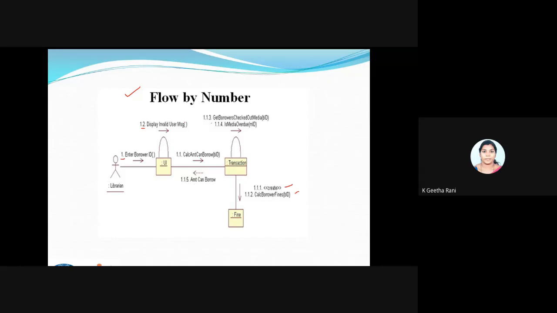1.3 is not there, I think. So 1.13, 1.14. So we have so many divisions. 1.2 is going to be the end one. After 1.2, 1.12 is also there. This is going to be the last one actually.